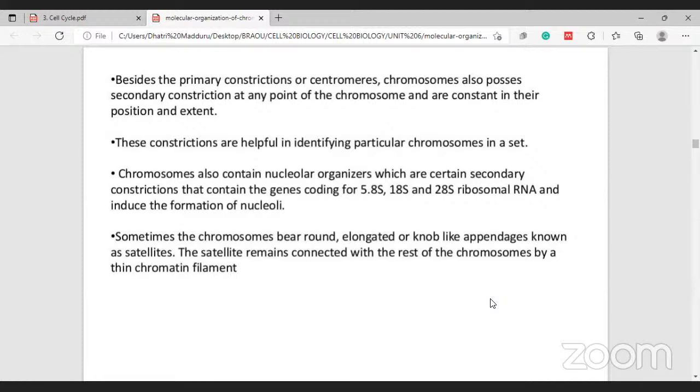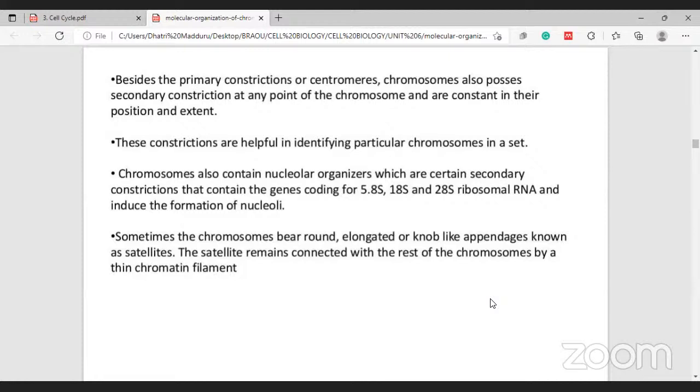If you remember when I discussed the ribosomes, I discussed the small subunit and large subunit. Each subunit has different ribosomal RNAs. The genes which code for those RNAs are located in